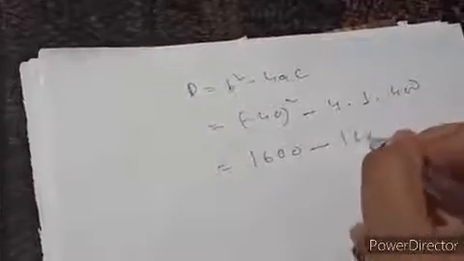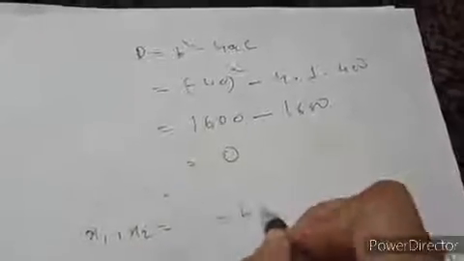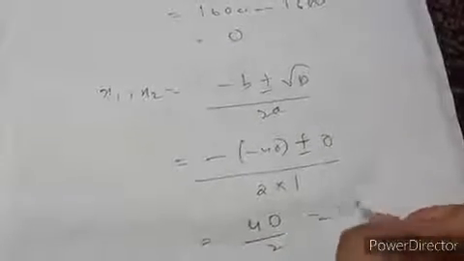And here again we can find its discriminant value. So D equals to b square minus 4ac. So b value is minus 40, square, minus 4 into 1 into 400. So how much is coming? 1600 minus 1600 equals to 0. Okay, so this is coming 0. So we can solve this quadratic equation using the discriminant method. So it is coming 40 by 2, that is 20. Therefore if I take length to be 20, my breadth will be 40 minus 20, that is 20.